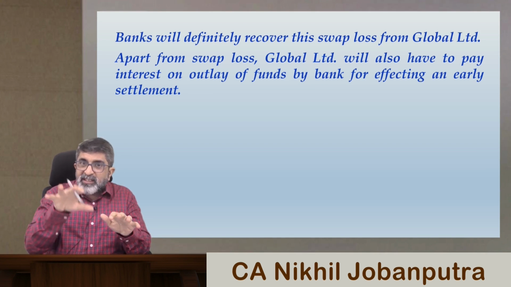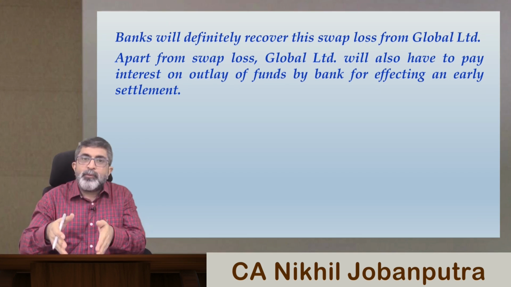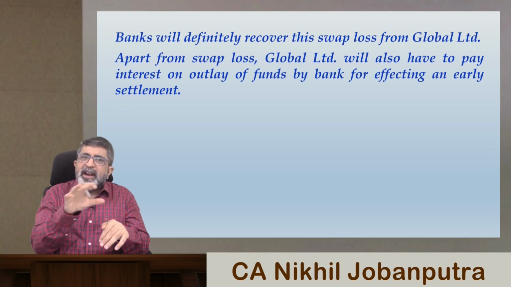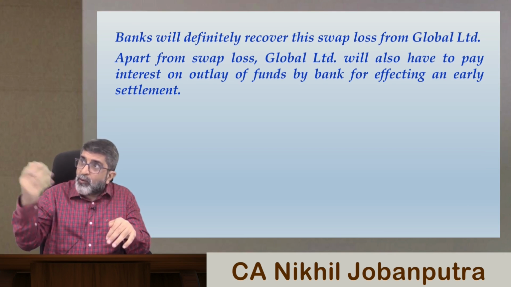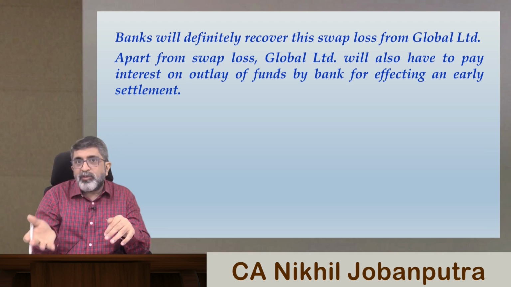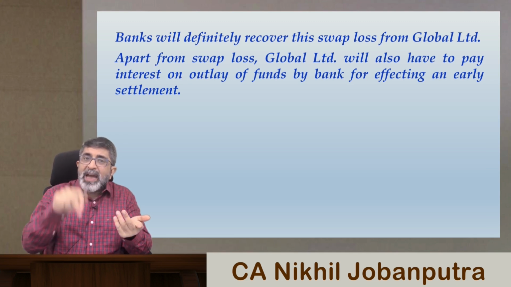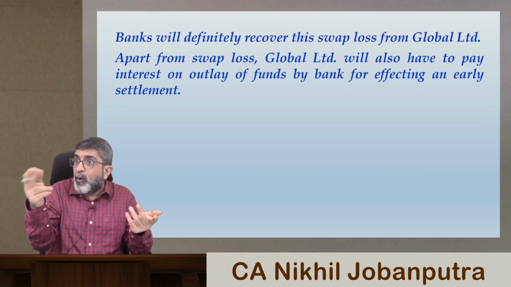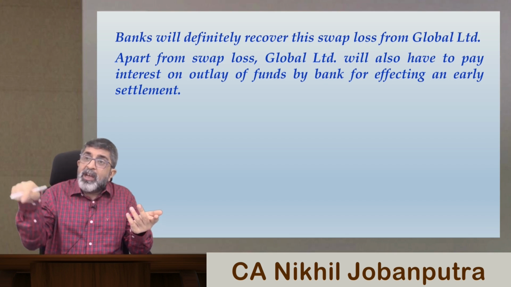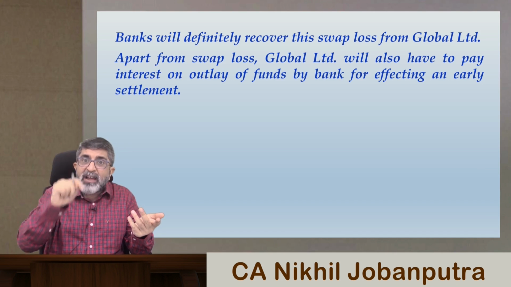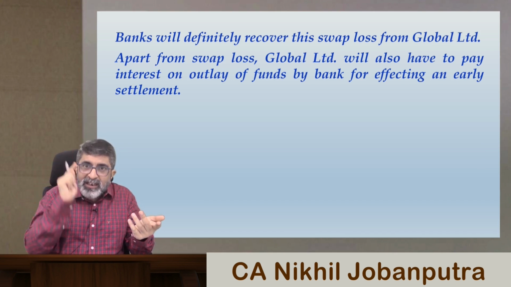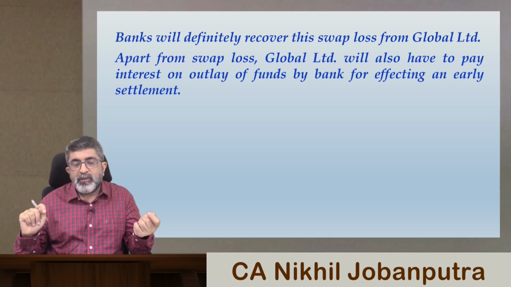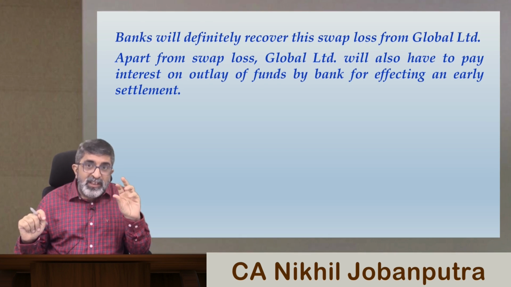Now obviously this portion of loss the bank will have to bear, because this is not a swap loss which the bank can recover from the customer. It is part of the cancellation cost, and the bank would have already made gains in the Forex market because of this cancellation. I have explained to you why the bank will make a gain over there, because the bank is eventually cancelling the contract by making a forward buy at 71.35, and the original forward sell contract the bank would have entered in the Forex market at a rate even higher than 71.50.